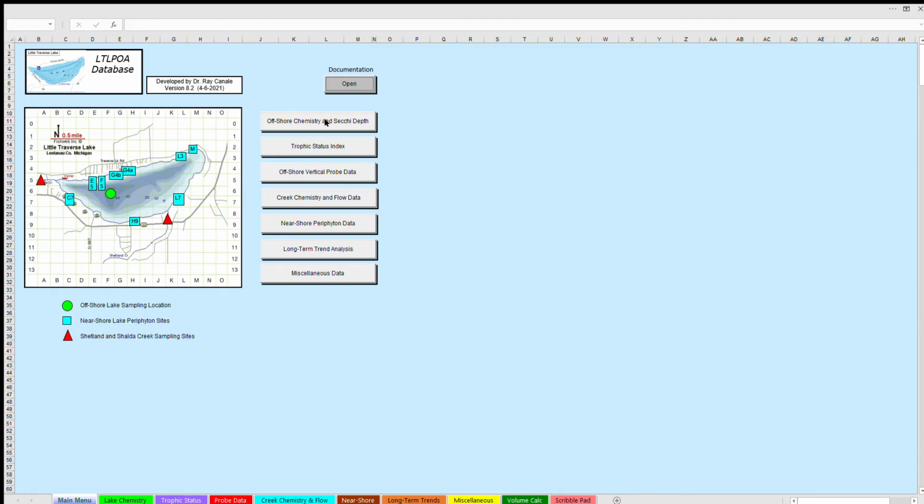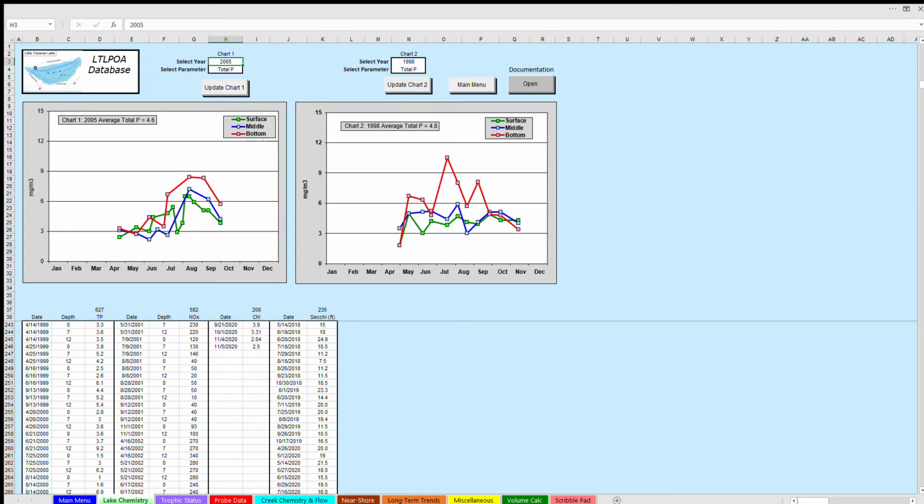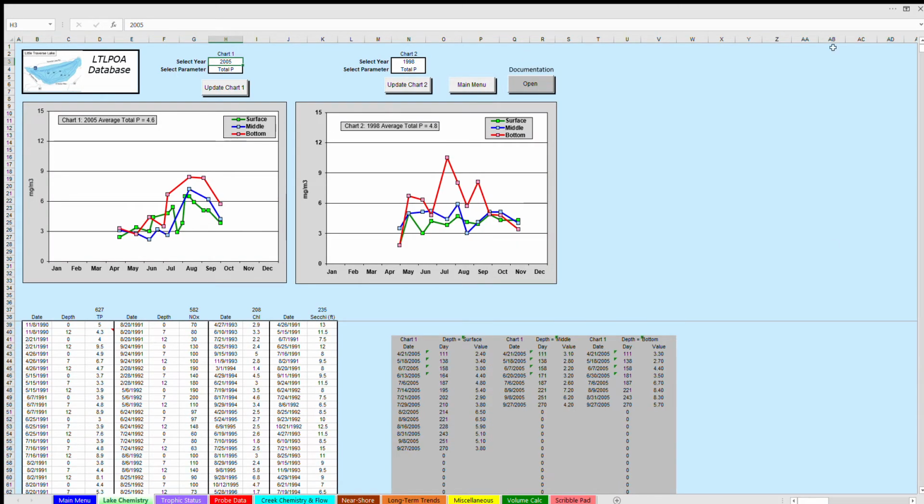First, let's click on this top one, the offshore chemistry, and we can notice that the design of this section is similar to the other ones. The design is pretty common for all the sheets. First of all, there's a white area down here where new data are entered. Up at the top, there's some selections, and you can pick a year and a parameter for 2 different graphs. And when you do that and you click this update button, it searches all the data and finds a match